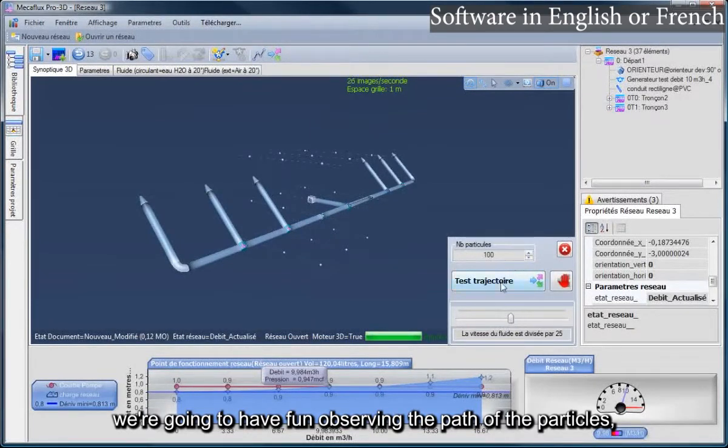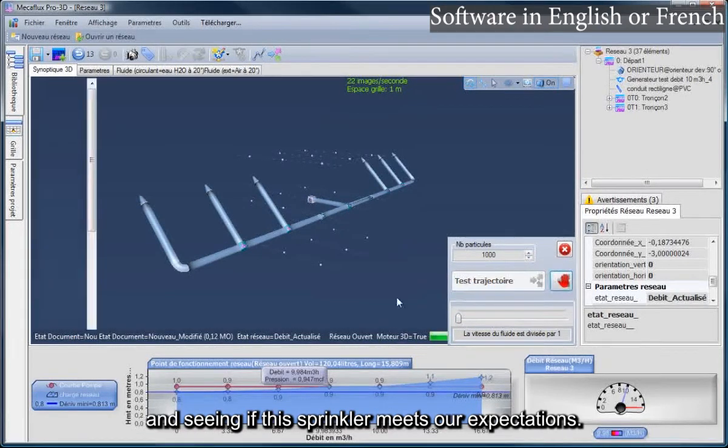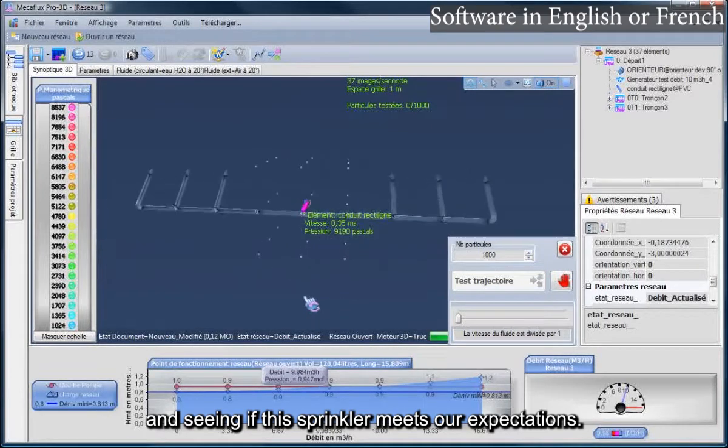We're going to have fun observing the path of the particles in our network at 10 cubic meters per hour, and seeing if this sprinkler meets our expectations.